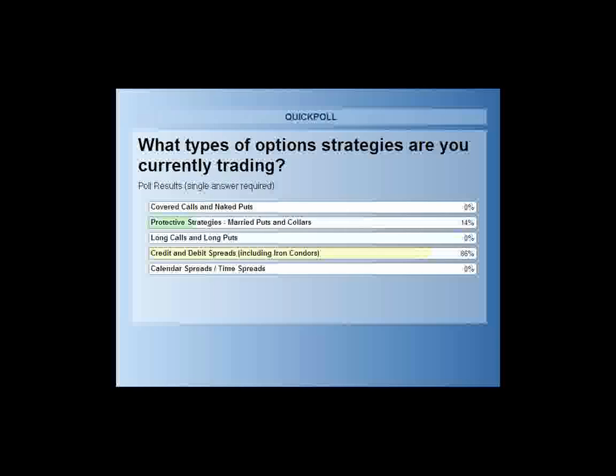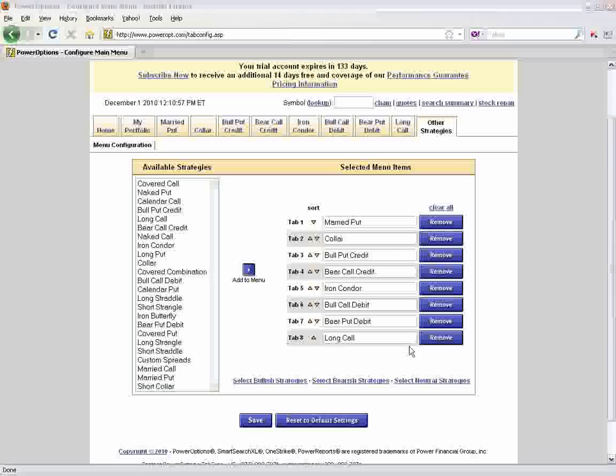So it looks like today we have 14% of our attendees who are currently looking at the protective option strategies, married puts and collars. The majority of our attendees are focusing on the credit and debit spreads and the iron condors as well. Okay, we have most of our choices selected already. We didn't have anyone saying that they were doing long calls and long puts, for example. So what I'm going to do is I'll go ahead and remove long calls and long puts from the menu,